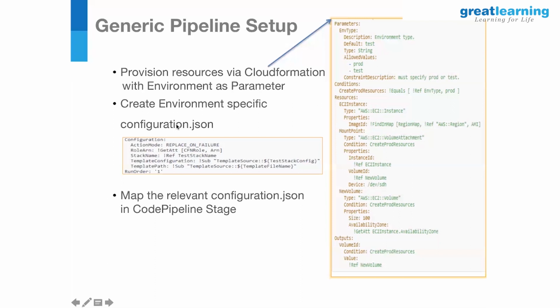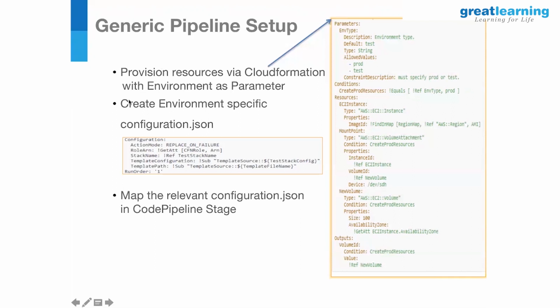In order to make a generic pipeline for test, pre-prod and prod, provision your environments by defining different environment groups in your CloudFormation templates, like dev, test, staging, etc. If you could recollect the tagging I was mentioning, EC2 instances relating to web tier can have a tag, app tier can have a tag, and similarly another suite of tiers in your web application have different tags.